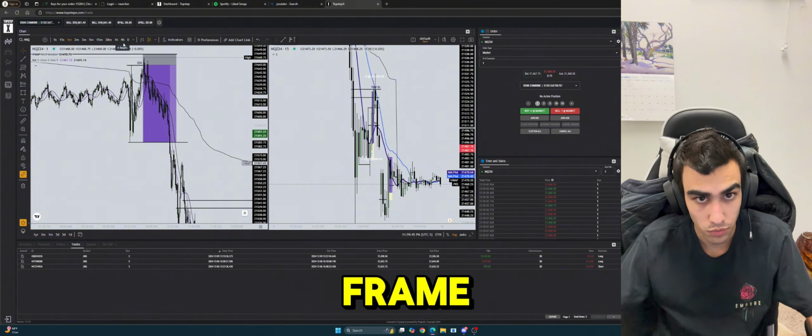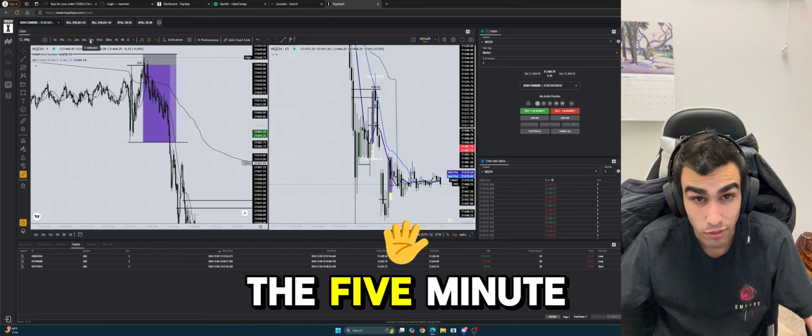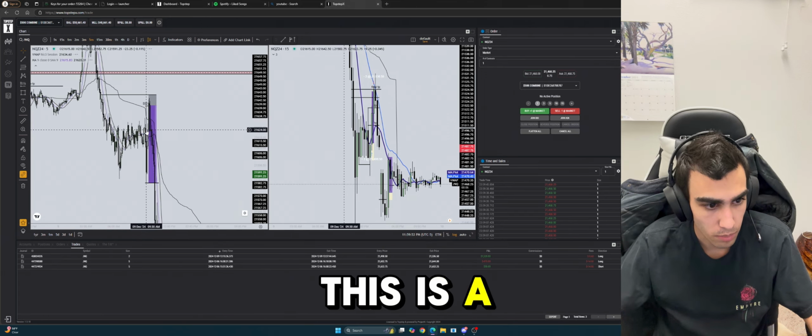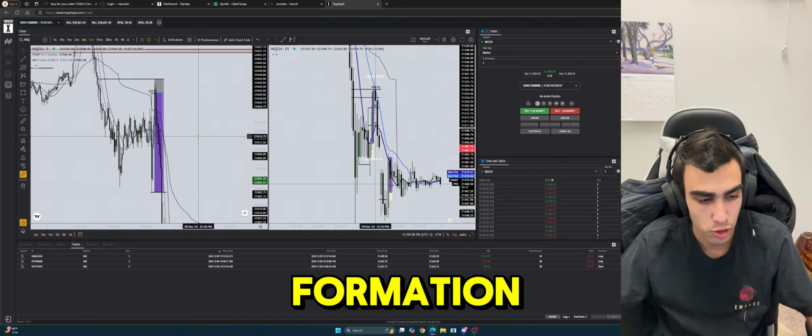Let's go to the higher time frame. Let's see what it looks like on the higher time frame, because this is, like I said, on the 1 minute. Let's go to the 5 minute. Okay, so on the 5 minute, this is a beautiful example actually. Here, this is like a cup and handle formation, if you want to call it that,